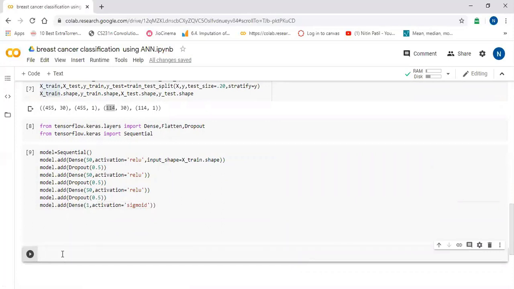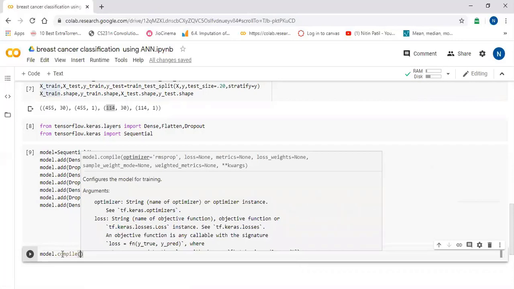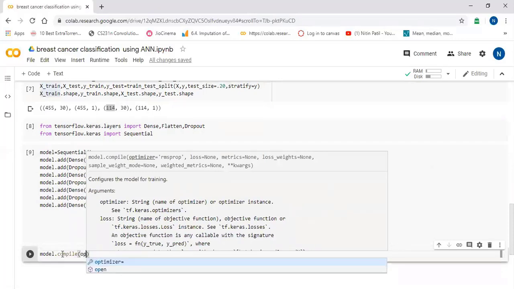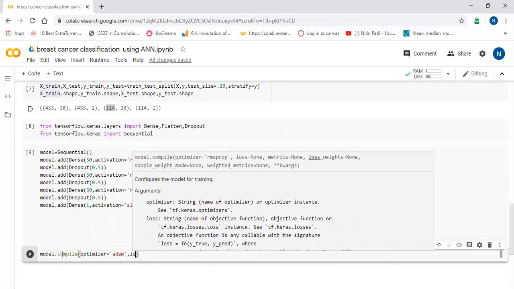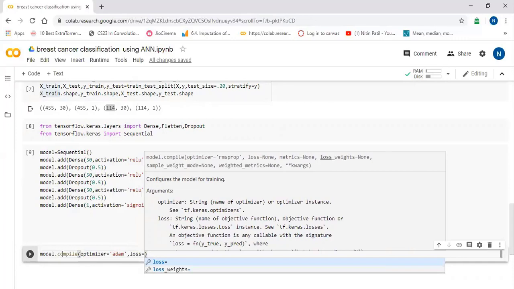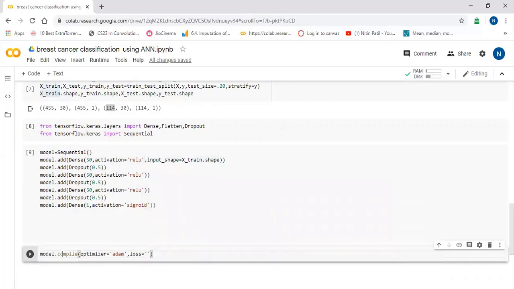Now we will compile this model. Model dot compile. For compilation of the model, we need an optimizer. Optimizer I will say Adam optimizer, and then loss I will say binary cross entropy. We are solving a binary class classification problem.